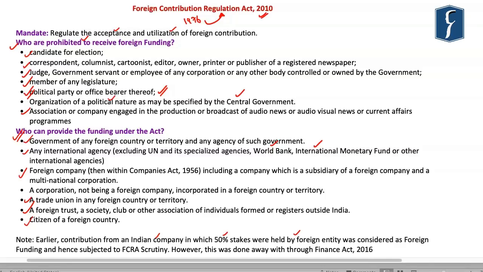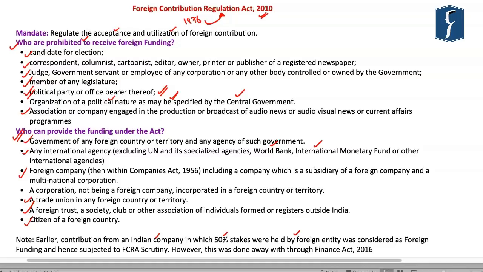But as highlighted before, the political parties in case of India are actually prohibited from receiving the foreign funding. So in case of India, what had happened was some of the national level political parties such as BJP, Indian National Congress, etc. had accepted the foreign fundings from the Indian companies, in which more than 50% of the stakes were actually held by the foreign entity. Now this was in clear violation of the Foreign Contribution Regulation Act 2010, since the political parties are barred from